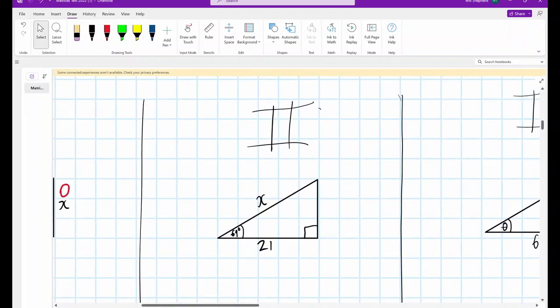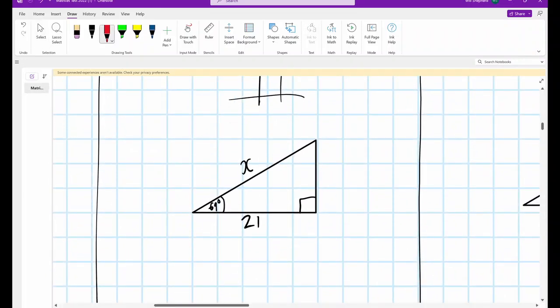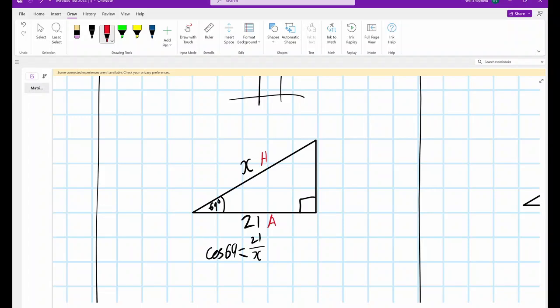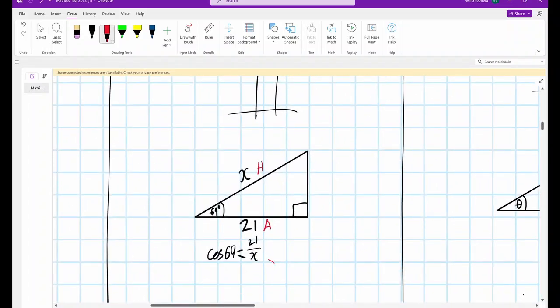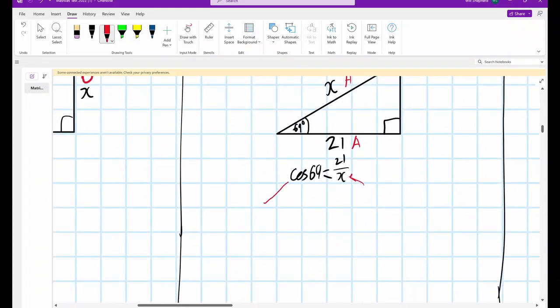So now moving on to type 2 trig questions. In type 2 trig questions, with respect to the angle, we have both the adjacent and also the hypotenuse. Okay, so that means that we've got a CAH scenario. And so that means we would go cos of 69 degrees is equal to 9 plus 10, 21, over our unknown, which is x. And the reason this is a type 2 question is we have our unknown on the bottom. So normally, if we were to do full working, what we would do is we would times both sides by x